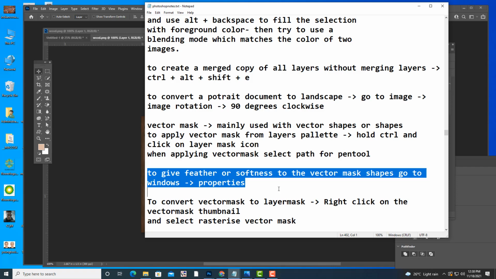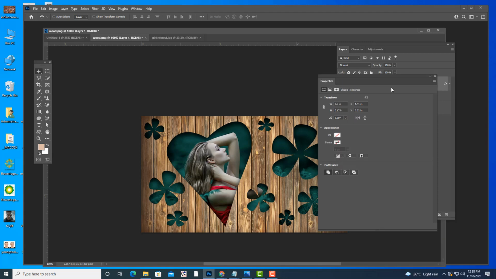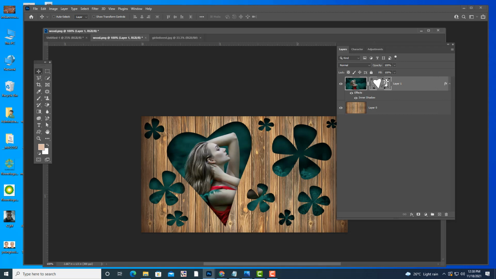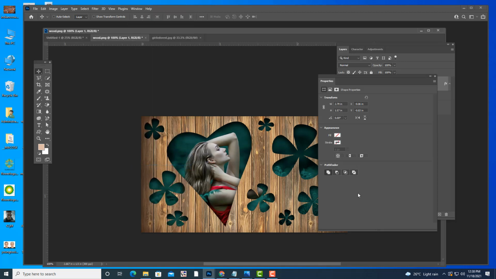So see here, if you want to give some feather, open the Properties. How will you open Properties? Select the vector mask, Window, and Properties.